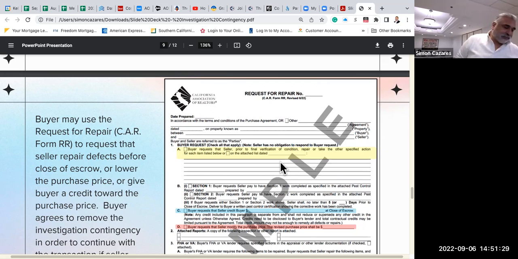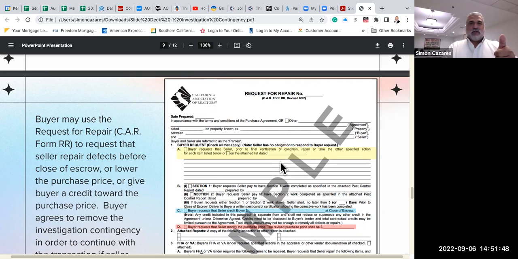Well, the interpretation that I see is that the buyer cannot ask for any type of request, because three things on this request of repair, I should say, stipulate: